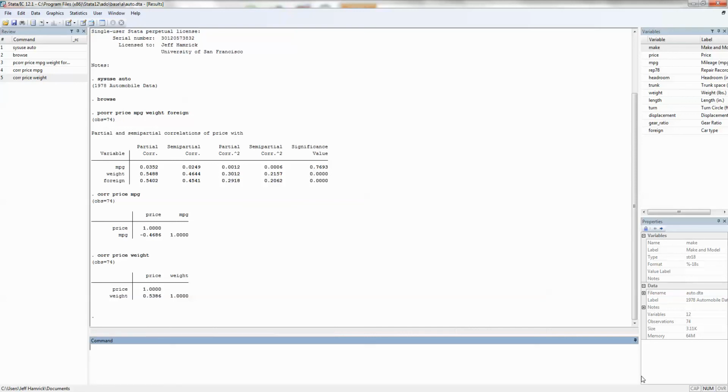So this is a brief tutorial on the concept of partial correlation in so much as how we can compute it in Stata. Let me know if